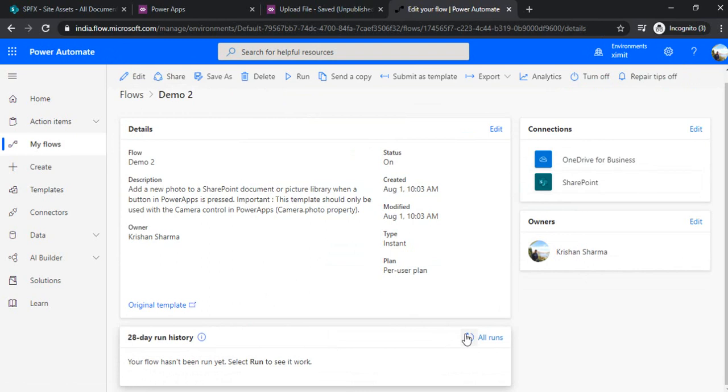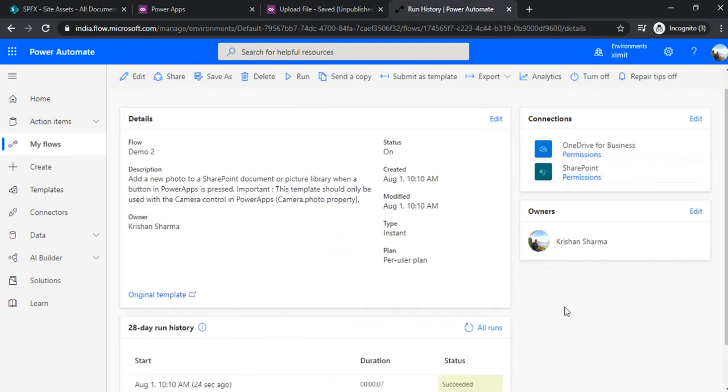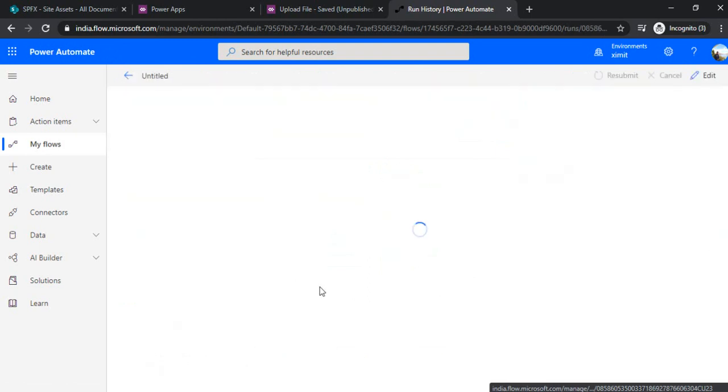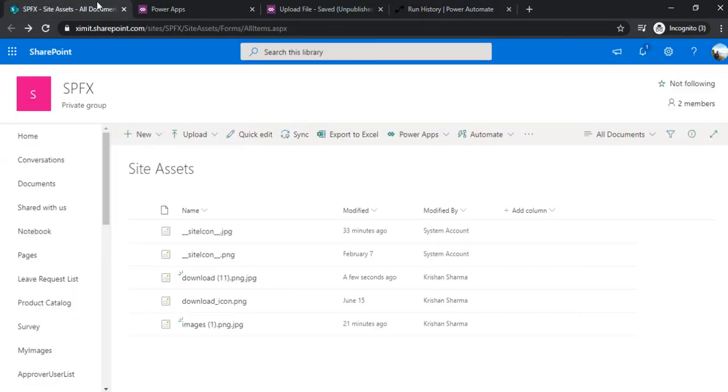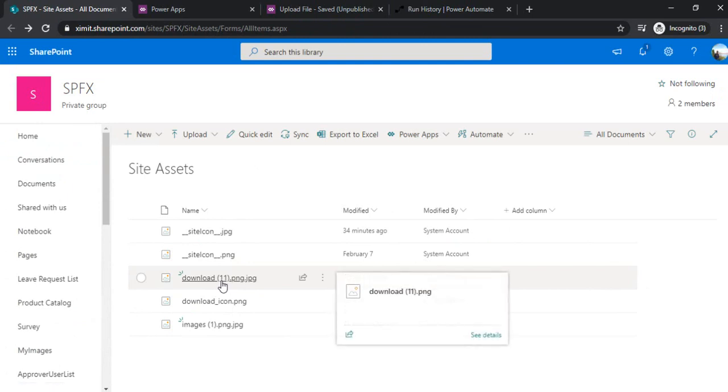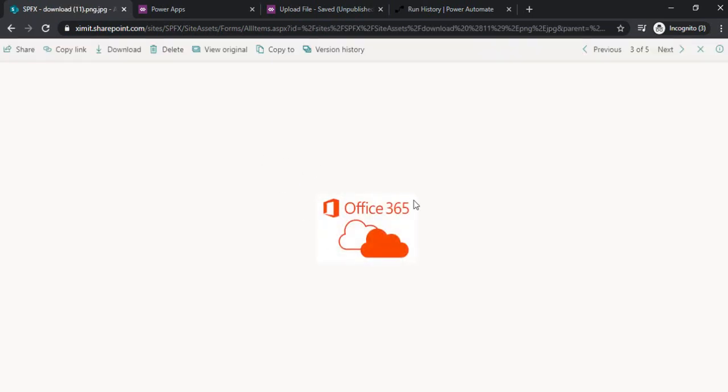We can check that out. It ran successfully, so we'll take a look inside it. Okay, all the steps completed. I'll go to SharePoint and refresh it. Now I can see I have uploaded this file. If I click on it, it's giving me the image. That means this time images are not getting corrupted.